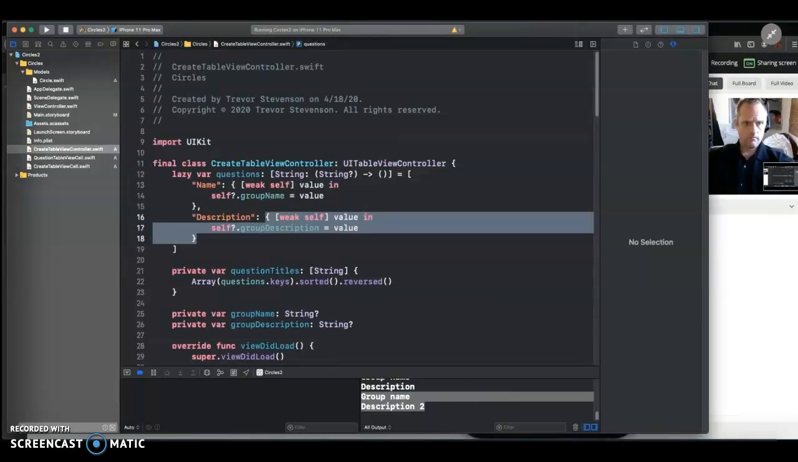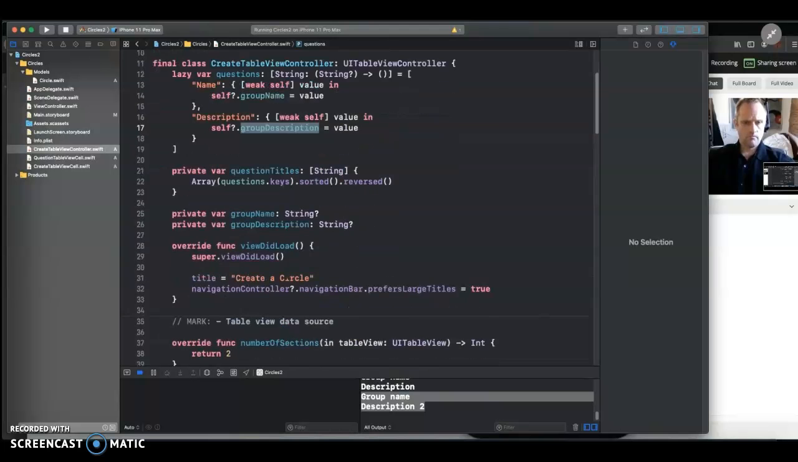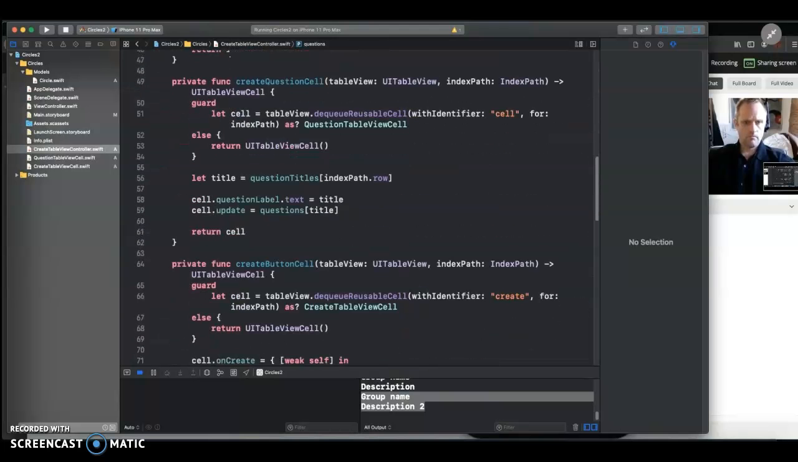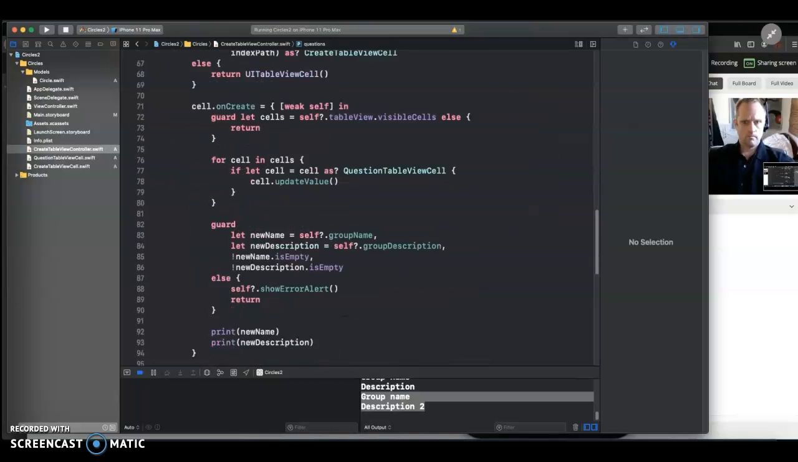Which means after we've done this, we now have a variable group name and a variable group description that holds what the user typed in. And we can do stuff with that. So going back down here,